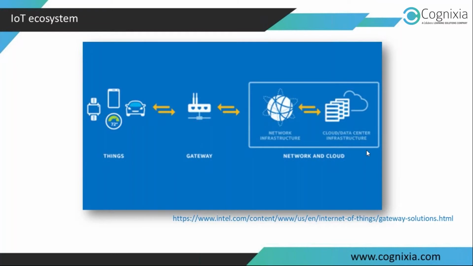The second role a gateway could play is obviously it can act as a store and forward network, and that would help you running your deployment in the areas where internet connectivity is either intermittent or poor, or even if you lose your internet connectivity, right? A gateway can also help you secure your entire deployment, right? So there are multiple roles a gateway can play, right? So I hope this answers the question.